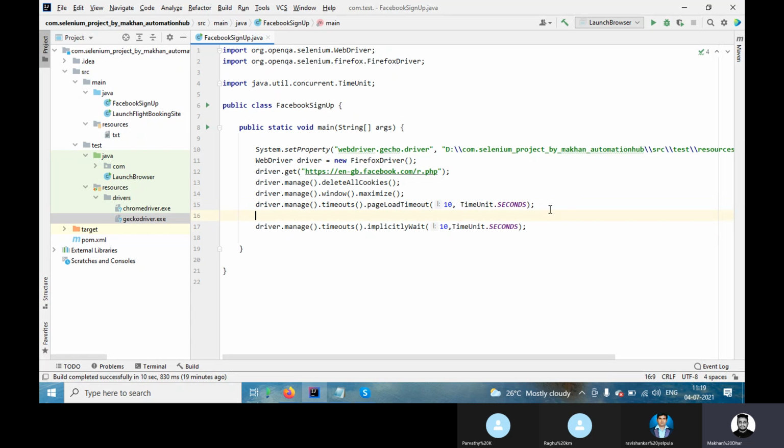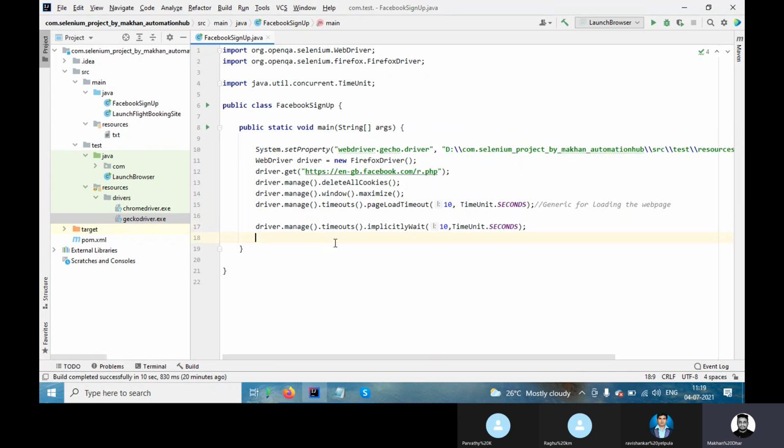This is the generic one we use for loading the web page. So the only difference is thread and implicit wait.